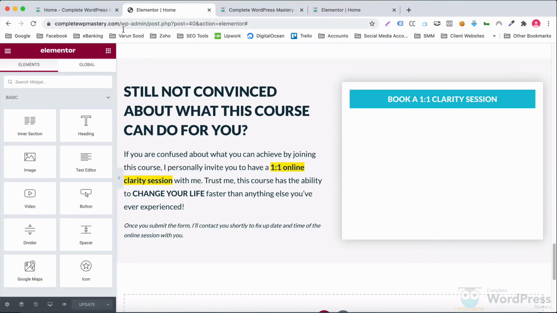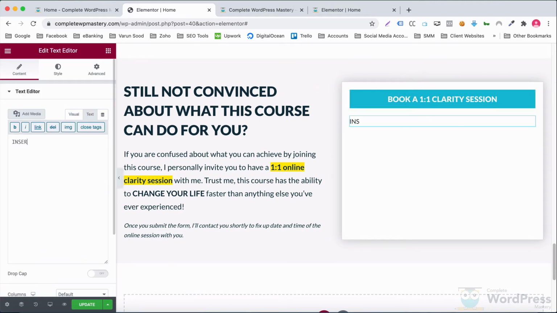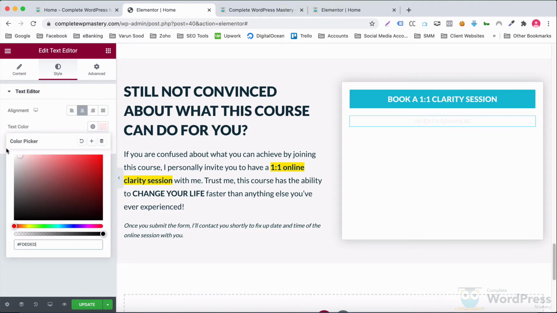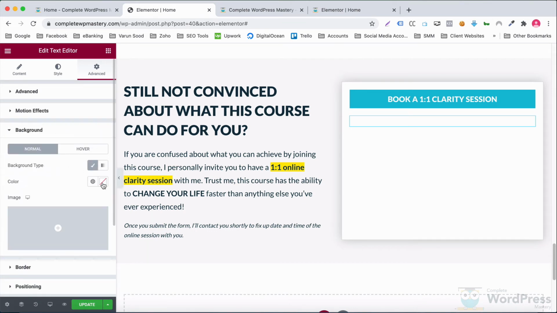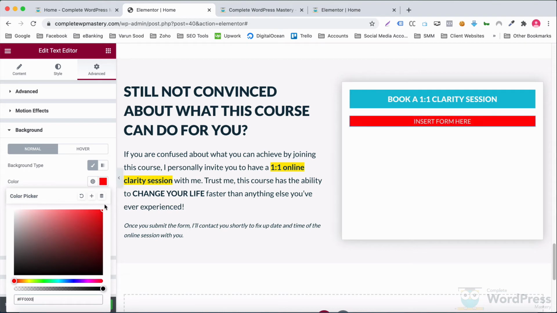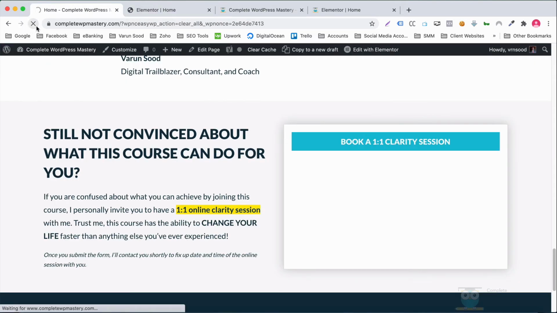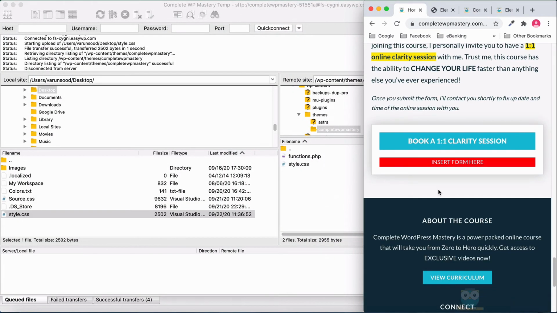For now, let's simply add a text editor here and highlight it in red to act as a reminder for us. All good.